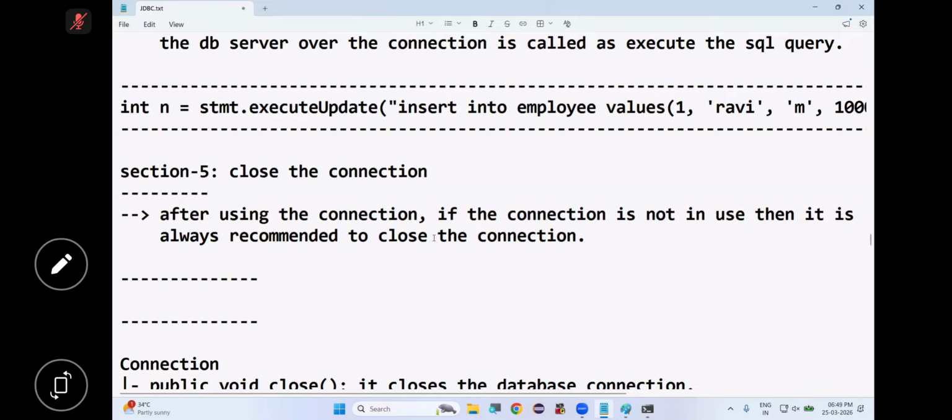So how to close the connection? Very simple. We have a class called Connection. In the Connection class, we have an instance method whose name is, the return type is